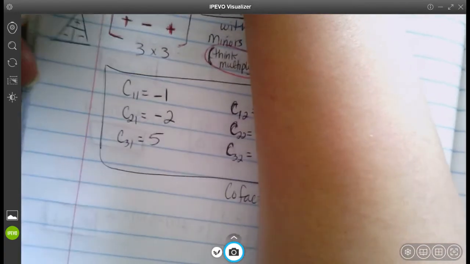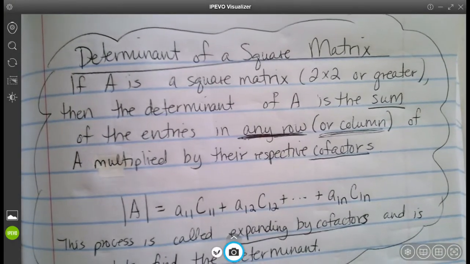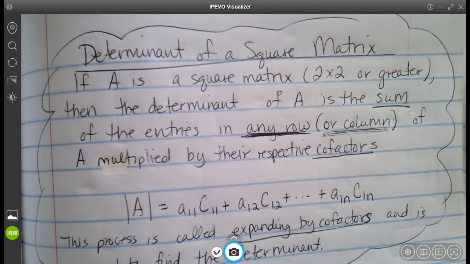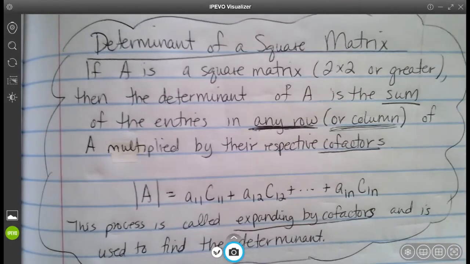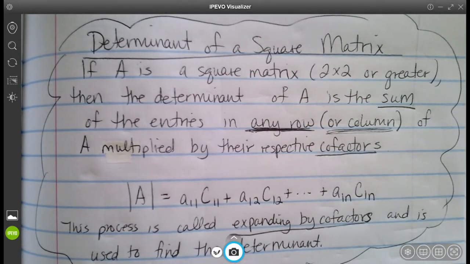So what is all this for anyway? Okay, so let's jump over to this page now. I think this is the last part, so we're almost done, guys. So the determinant of a square matrix. If it's a square matrix that's 2 by 2 or greater, the determinant, remember that's what we were talking about to begin with,